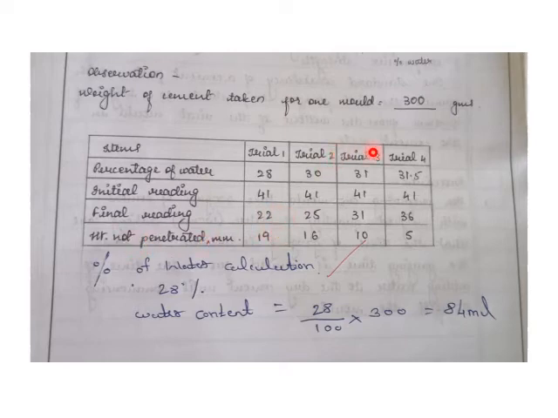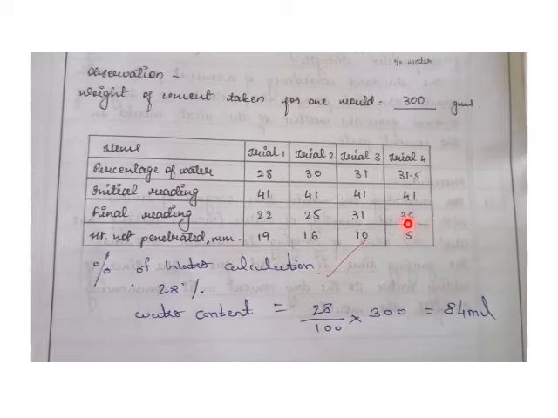Similarly for trial 2, trial 3, just see the trials. For trial 4 I am getting 5 mm. In trial 3 I got around 10 mm. For trial 4 I got around 5 mm. So that's why I have stopped it here. When you get 5 to 7 mm, even if you get 7 mm, you should stop.